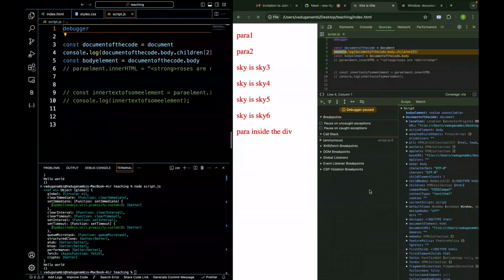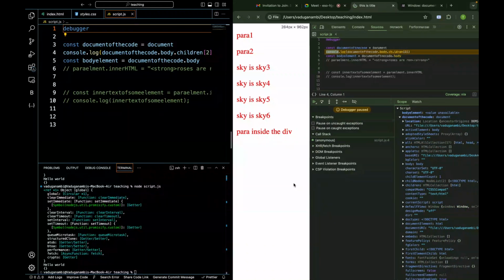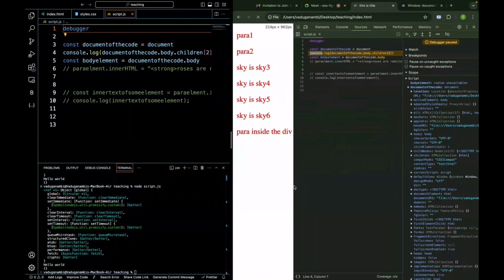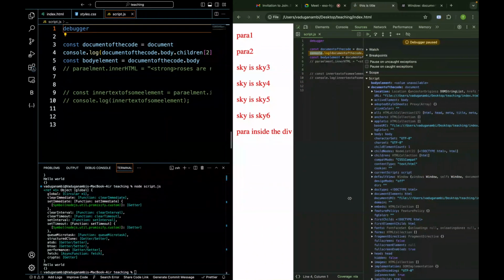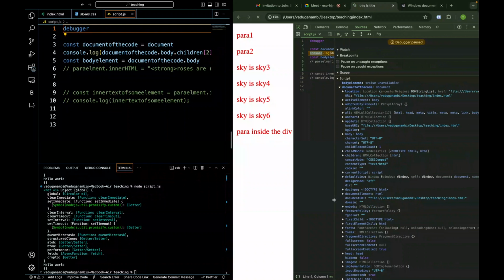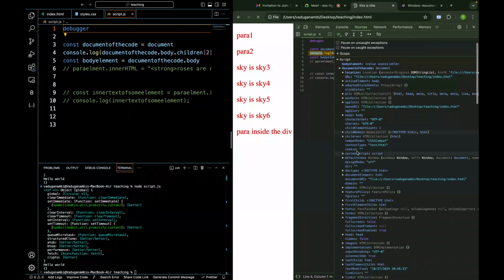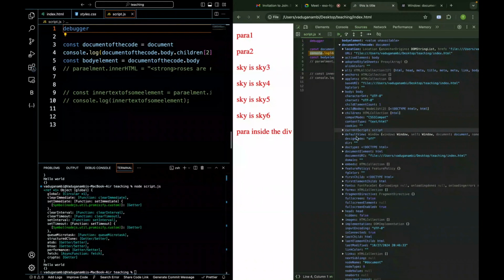Okay, and let's move to the left. And here you could see, let me see if I can access it a little bit more. Okay, I think now it's better. Okay, so whenever I'm trying to create this document of the code, the whole body has been created, and we could see the base URI. Don't worry about all those things right now, but we could see if we move back to the first